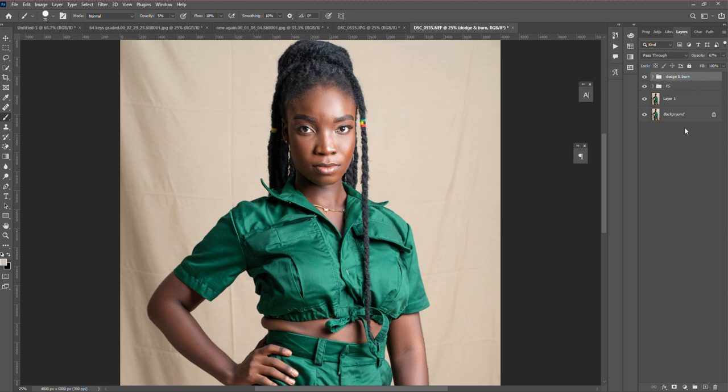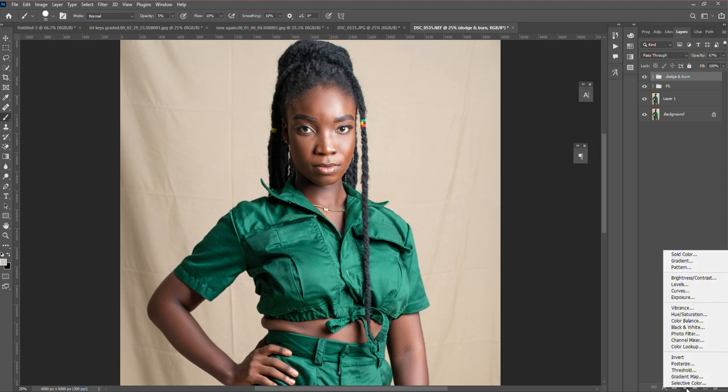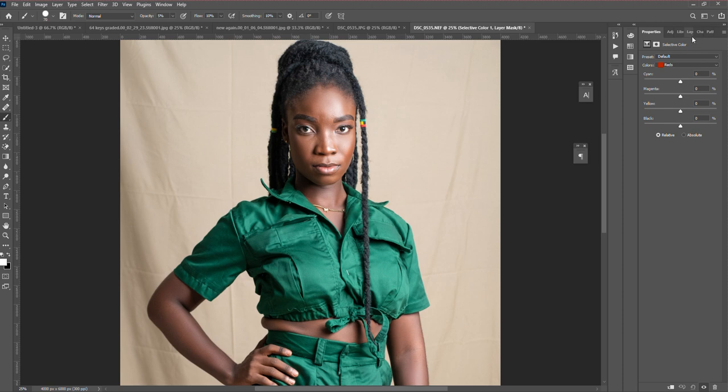So let's proceed. There are many ways you can color grade an image, but I'm just going to use the basic one I normally do. But I'll do another tutorial solely on color grading your image in Photoshop. So the basic color grading I normally do is to add vibrance and selective color. I'm just going to use the selective color. But before that,